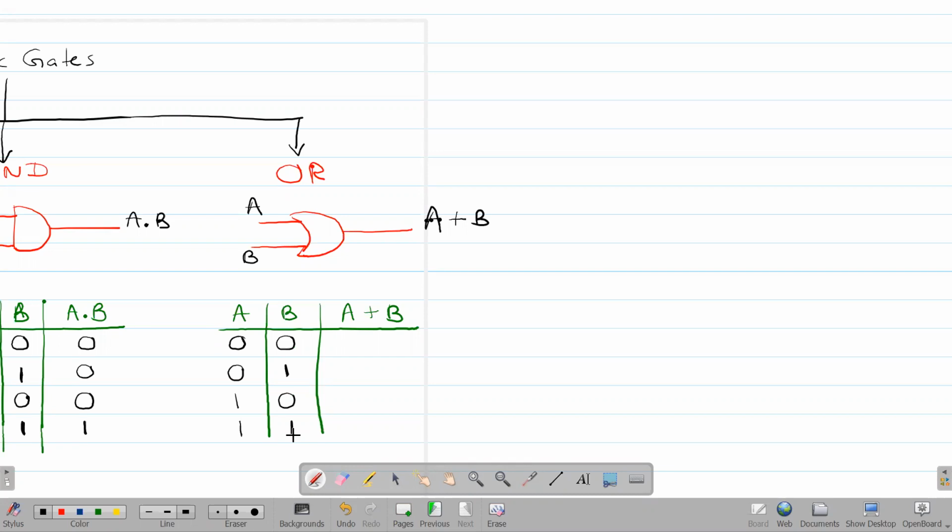Since the addition happens here, in the first three lines, 0 plus 0 will give you a 0, as in mathematical addition. 0 plus 1 will give you a 1, same as mathematical addition. 1 plus 0 again gives you a 1, similar to mathematical addition. This is the place where it differs from the algebraic mathematics, like the algebra, right? 1 plus 1 here, according to the